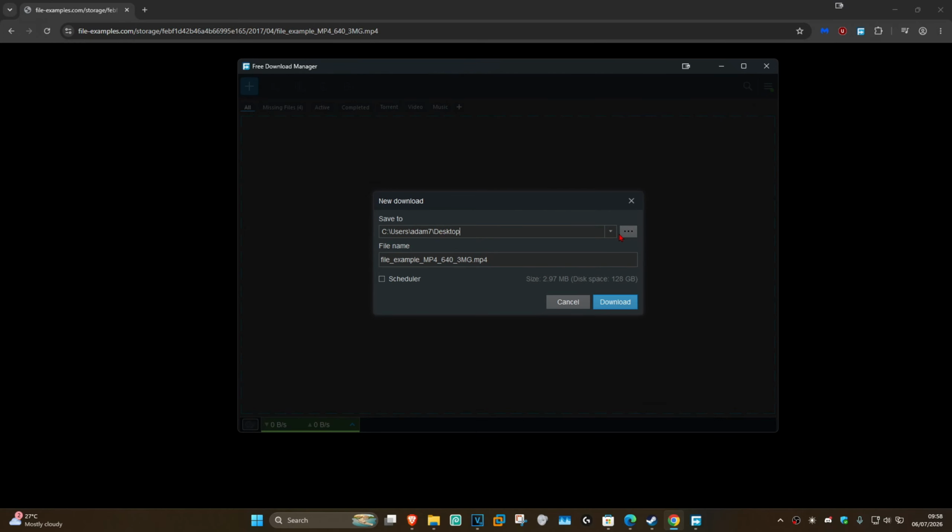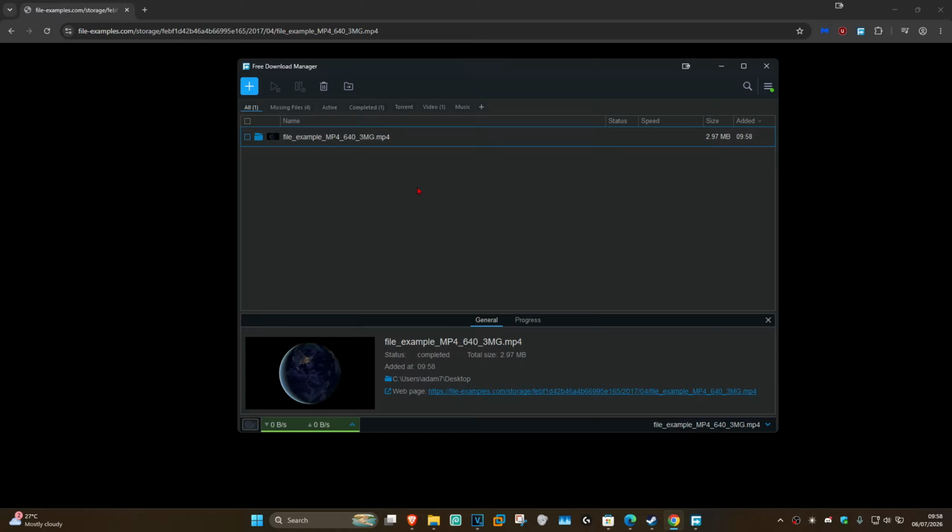So you can choose where you want to save it to. I'm going to choose my desktop, and you can set the file name and then click on download. It's then going to download the thing that you wanted using the Free Download Manager, which is way faster than